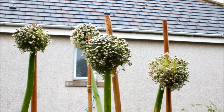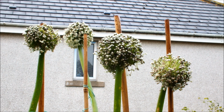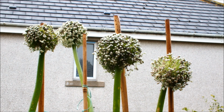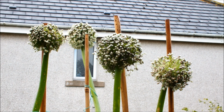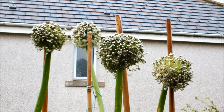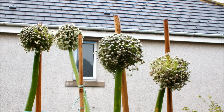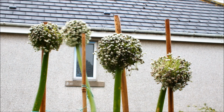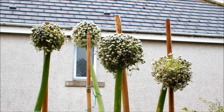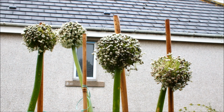I've had to make a dash from the house to the greenhouse. Strong winds, heavy rains, and this is what we've been having most of this month and quite a bit last month. I'm fairly confident that the pollinating insects can't work in this weather, so I'm fingers crossed that these onions have actually been pollinated. I got a couple of show onions given